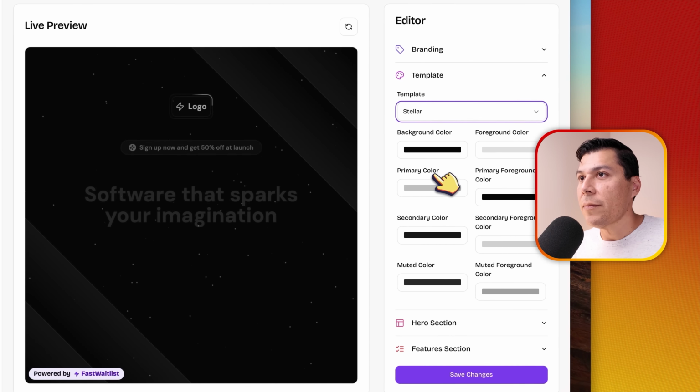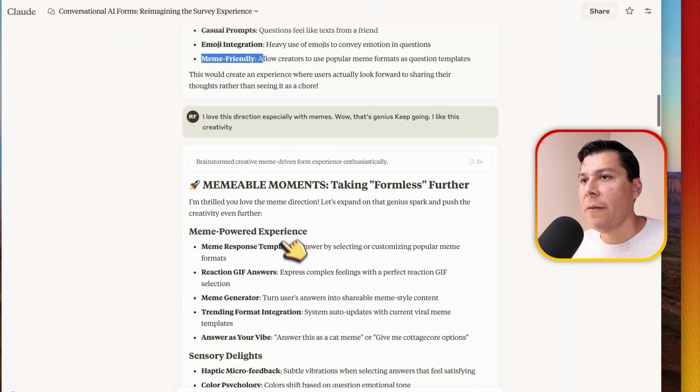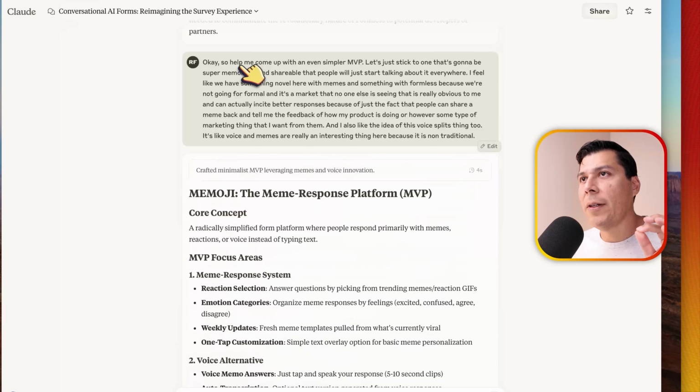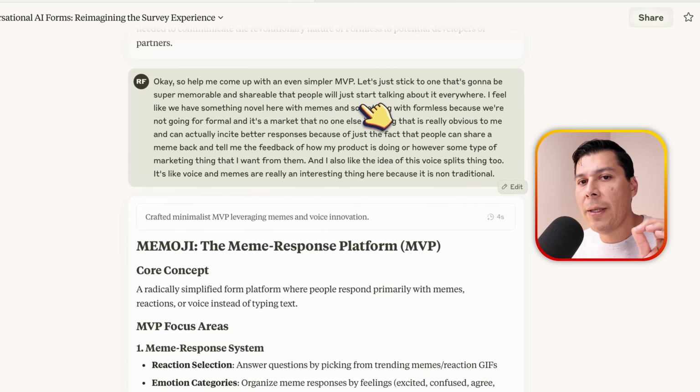That's pretty cool. So the next step here, I continued on with this conversation and had more of a back and forth. Okay, so help me come up with an even simpler MVP. I just want to make one feature that maybe people will like. And if this doesn't work or it doesn't get enough signups, I can focus on another feature and just change the words and try to see if I can get more people to sign up. If I can do 10 of these in a week or a couple weeks and get that feedback, and one's an outlier, then I know I have something that I can continue to build on and start to use my AI resources